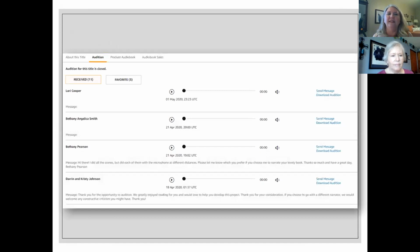And so when you get auditions, you'll get a notice on your dashboard that says, hey, you got new auditions, and they line them all up right here. They're all going to read the same script that you provided for them. Like these first two just read the script and submitted it. That's all they did. The two on the bottom of this page sent me a note with it and said,